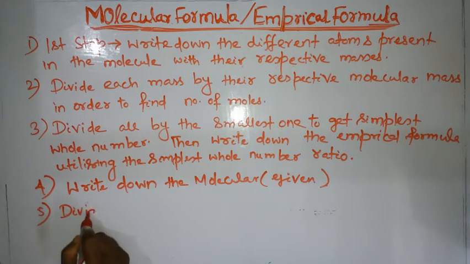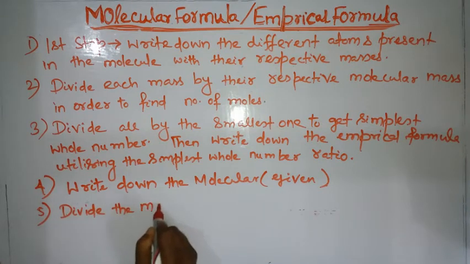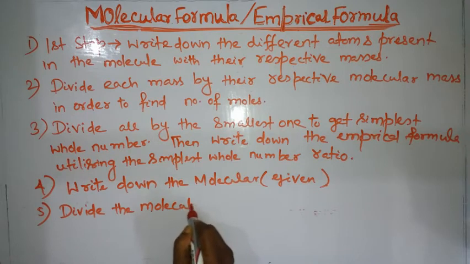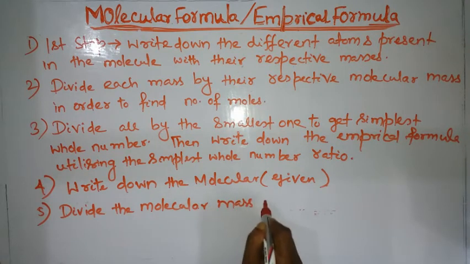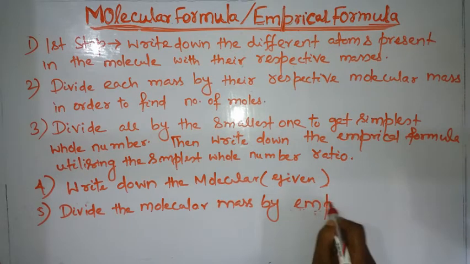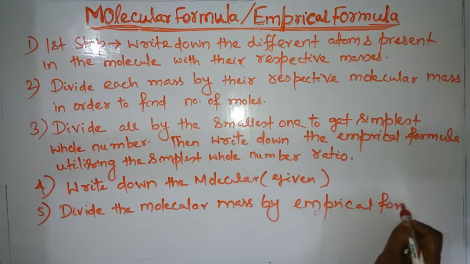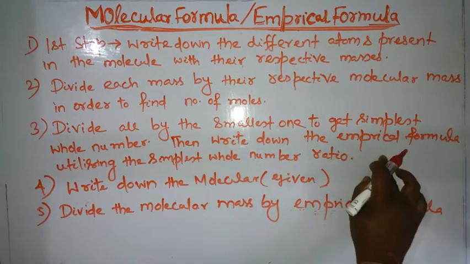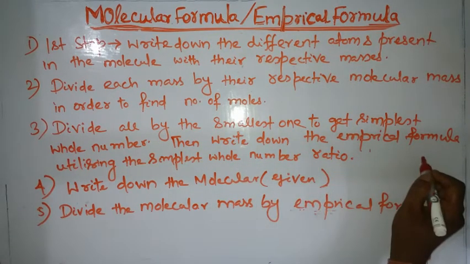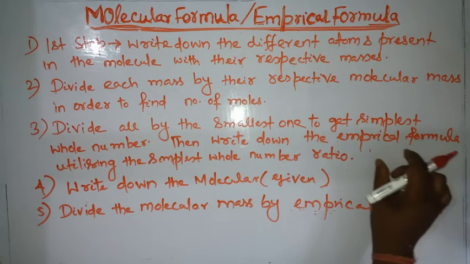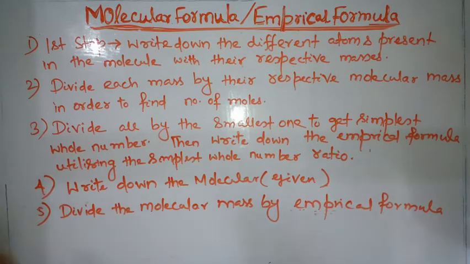Divide the molecular mass by the empirical formula mass. यू नो empirical formula जो मालूम है, empirical formula mass मालूम हो जाएगा। जो ये एटम्स प्रेजेंट है उसका मास को मल्टीप्लाई करके वो empirical formula mass निकल जाएगा। Divide the molecular mass by the empirical formula mass to find n, और ये n मिल गया।